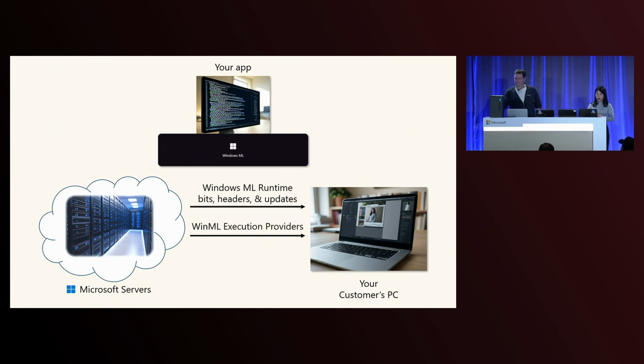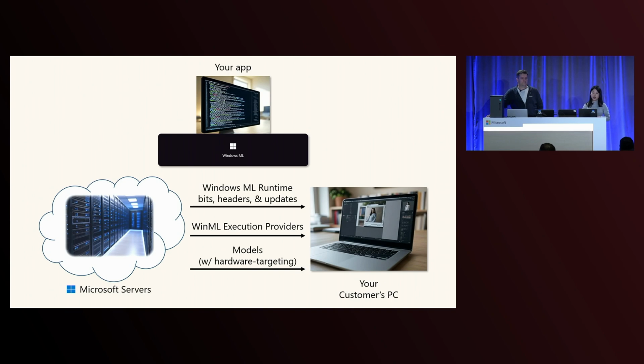And once your app is installed and initializes Windows ML, we will scan the current hardware and download any execution providers applicable for this device. This is great for a couple of reasons. First, you don't need to find your own execution providers, include them in your app, and maintain them. And also, since we only download the necessary execution providers for this specific PC, your downloadable dependencies are very few, and the size of your app can stay as small as possible. You don't need to worry about what PC your app is currently running on. All of that is handled by WinML.